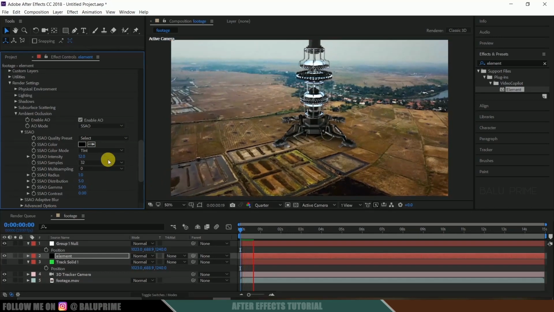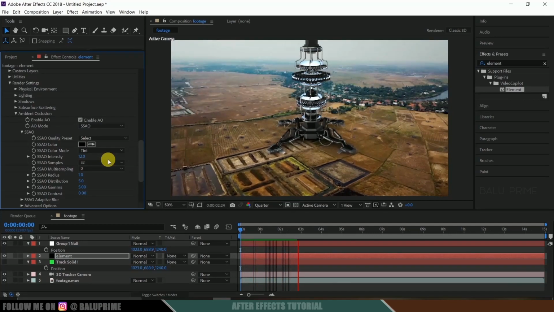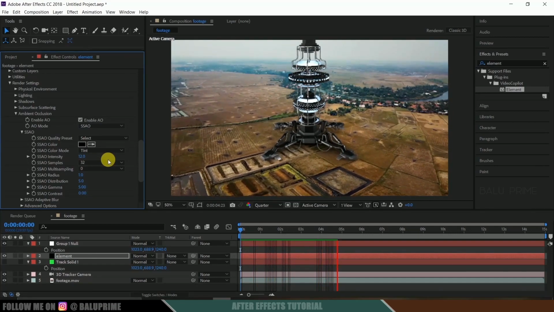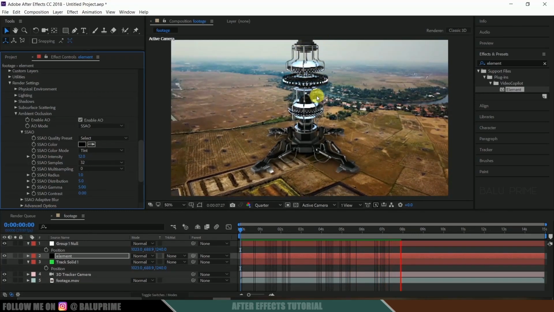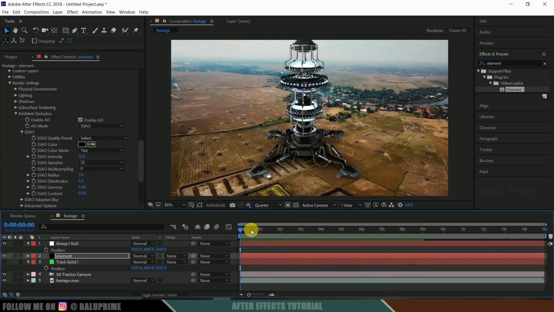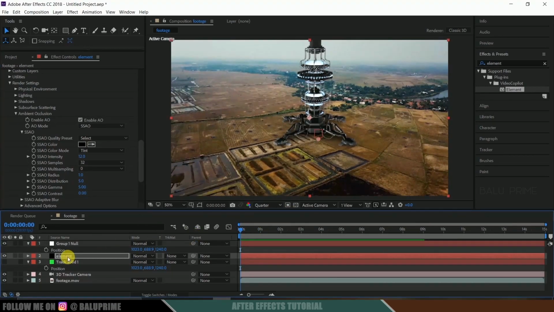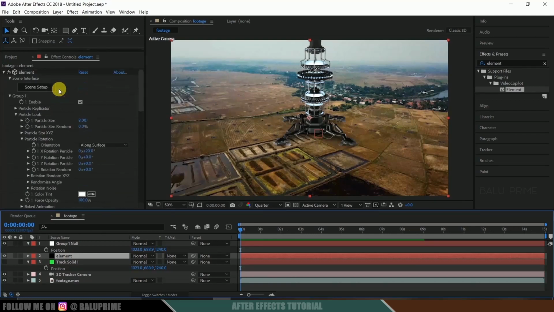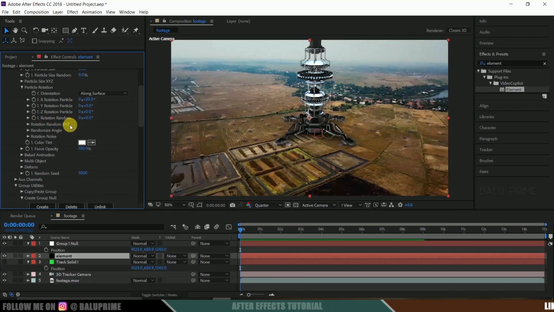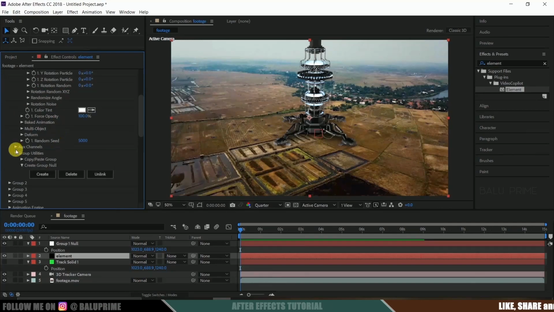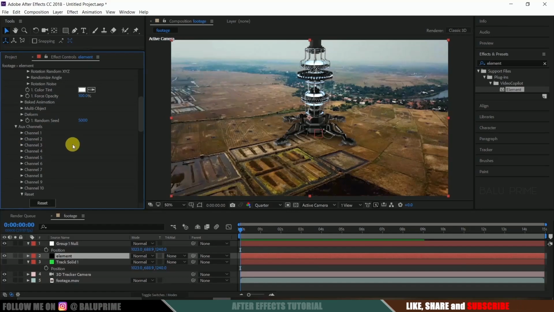Here you can see this 3D object is following our footage perfectly. Okay, now let us add some rotating animations for these components. For that, be on the first frame and select this element layer. In Particle Look, come to this aux channel. Expand the aux channels. You remember we have added 3 components to 3 aux channels.